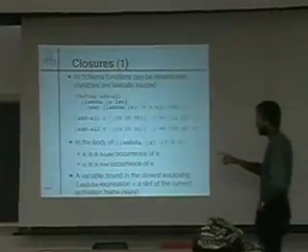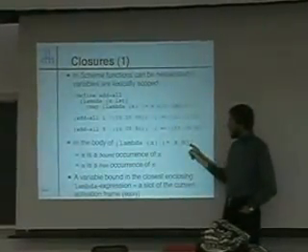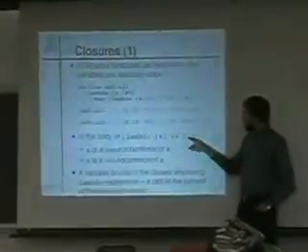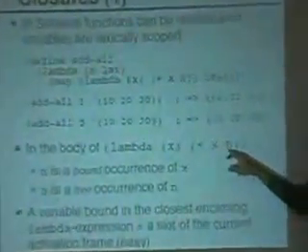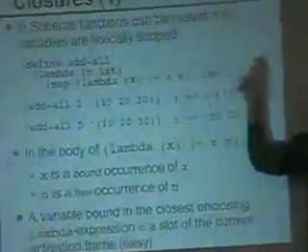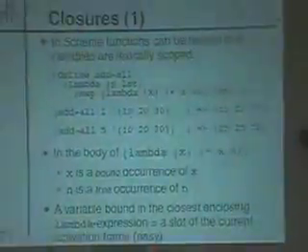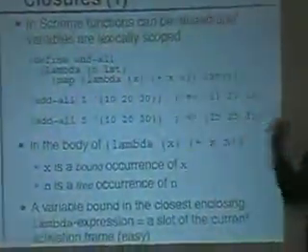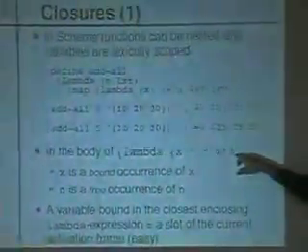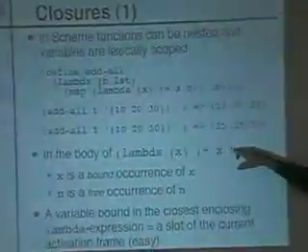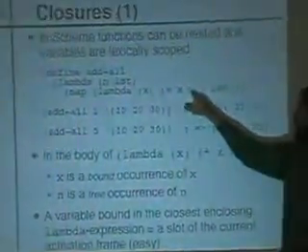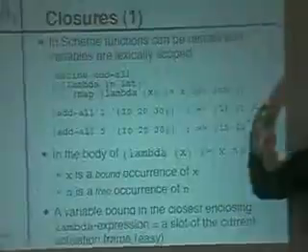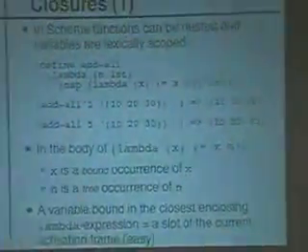So if we look at the body of this lambda expression, there are two variables that we're accessing here. x and n. x is actually a local variable, a parameter of the function. So we call that a bound occurrence of x. So actually the definition of x is in the function that we have here. And n is what is called a free variable. So it's a free occurrence of the variable. And it means that in the program, n has to come from some definition that's outside of this lambda. And this is what's causing the...